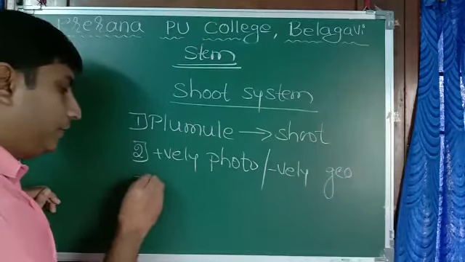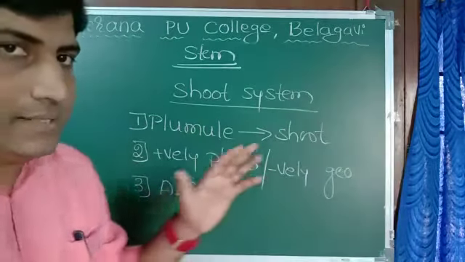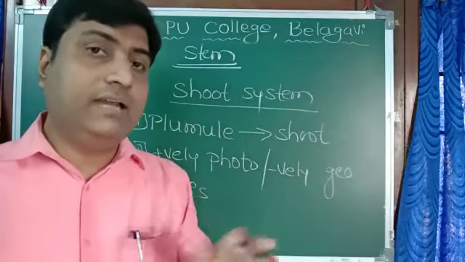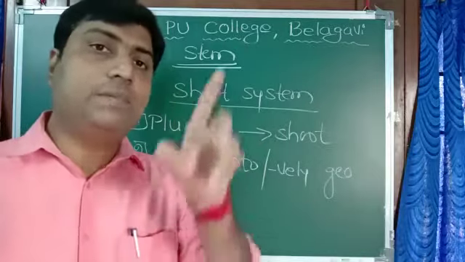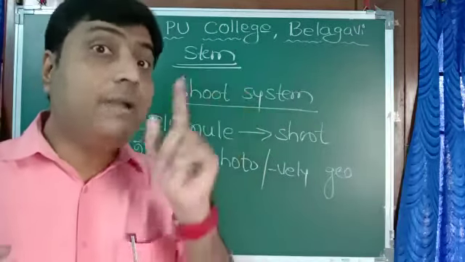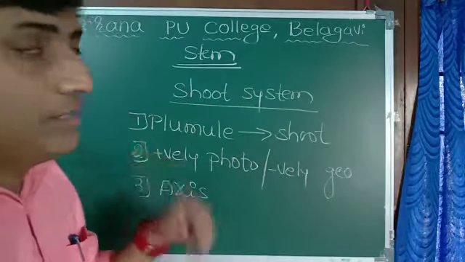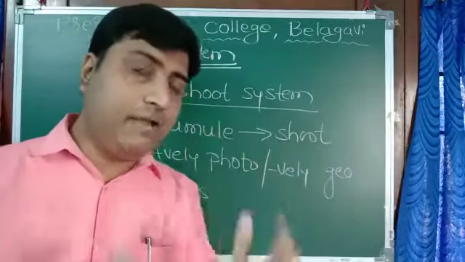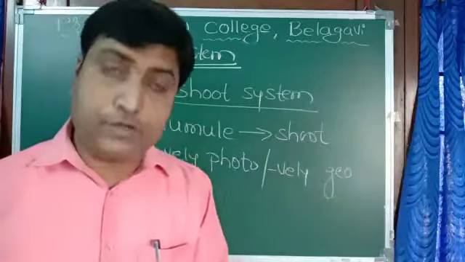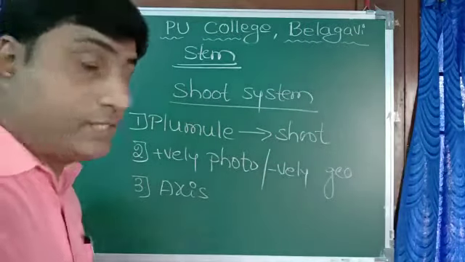Third, coming to their function, they are the main axis of the plant body and support the entire shoot system. Then if they are green in color, they participate in photosynthesis, and since it contains xylem and phloem, they help in the conduction of food and water. Now, though this is the main function, the stem is modified to perform some other functions. Let us see the modifications of stem.